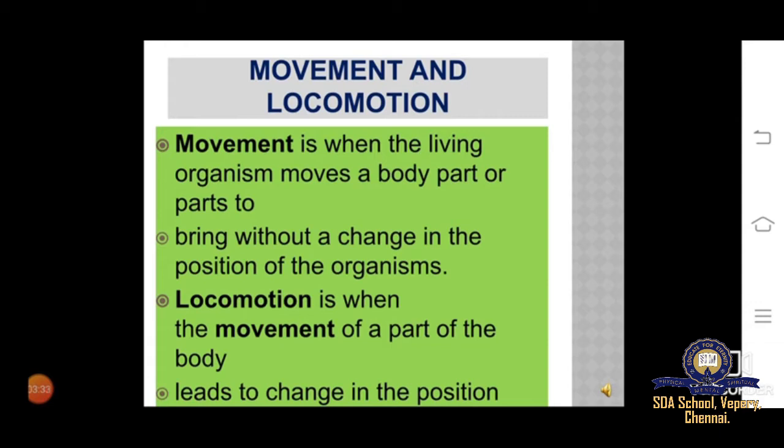For example, when we are sitting and need to walk from one place to another, with the help of our legs we move from one place to the other. So we are changing our position. Before that we were sitting, but when we need to walk, we stand. So the position is changing, based on our needs. So when the entire body moves from one place to another, it is called locomotion. Movement means that when we are sitting, for a shorter distance, in the sitting position itself we are moving. That is called movement.